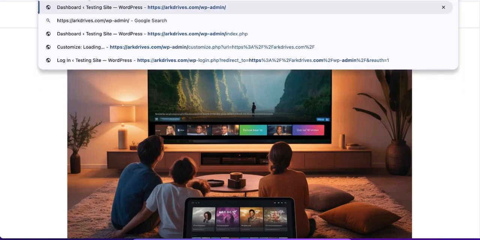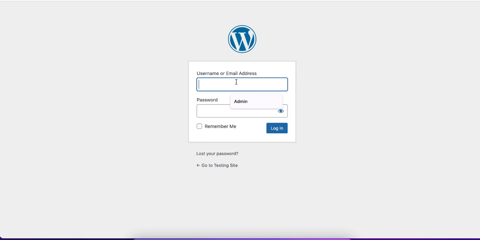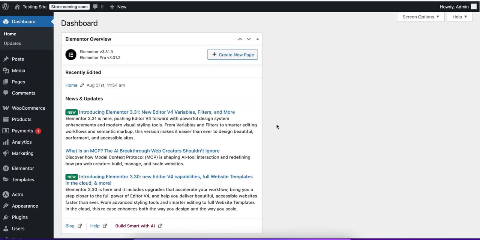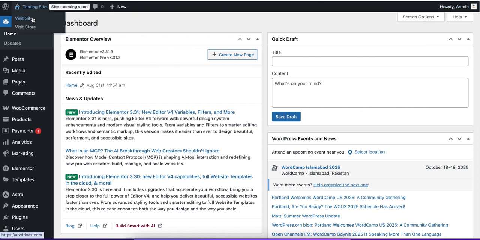So first I'm going to log into the WordPress dashboard. I'm going to write here my username and password. Now I'm going to click on the login button. Once you log into the WordPress dashboard, let's visit the site in a new tab. So I'm going to click on visit site, open a new tab,